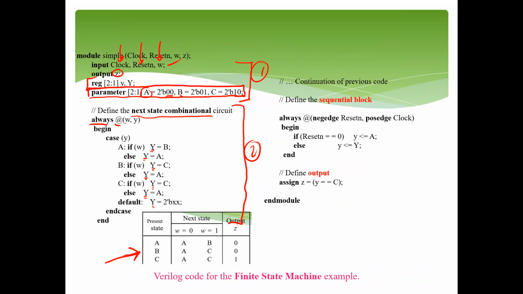Here that's W, and Y is already declared as a 2-bit reg, so I just need to write Y. Or you can also write W, Y of 1, and Y of 2. This will be the same. The point is, just list all the inputs of your circuit because it's a combinational logic circuit. Now, when you go into the block, you're going to use, depending on the value of Y, which is the present state,